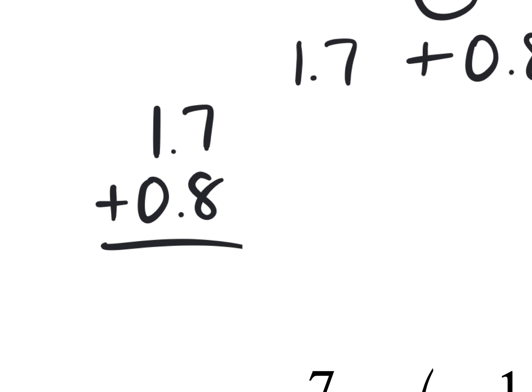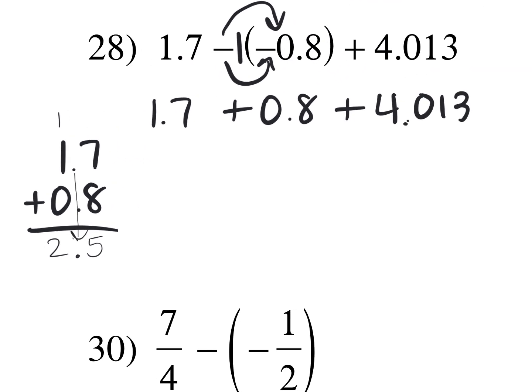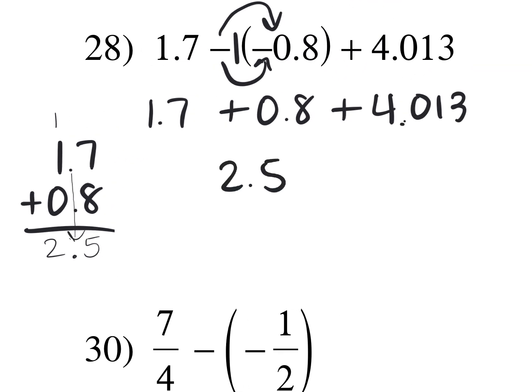1.7 plus 0.8. You add the 7 and the 8, you get 15. So bring down the 5, bring up your 1. 1 plus 0 gives you 2. And now all you have to do is take that decimal and bring it straight down. So your answer is 2.5. So we have 2.5 when we combine these two, but we're still adding